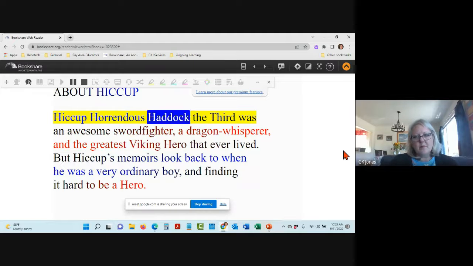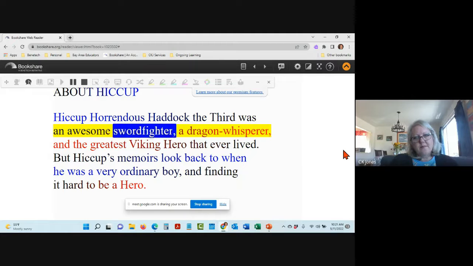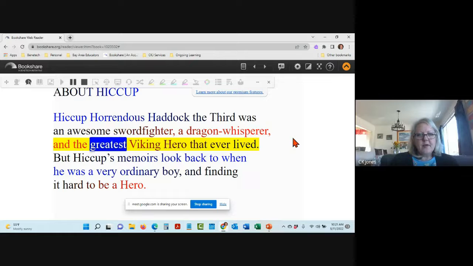Hiccup Horrendous Haddock the Third was an awesome sword fighter, a dragon whisperer, and the greatest Viking hero that ever